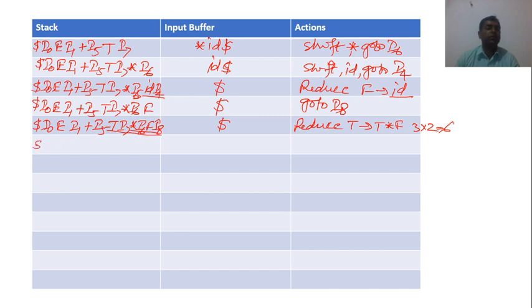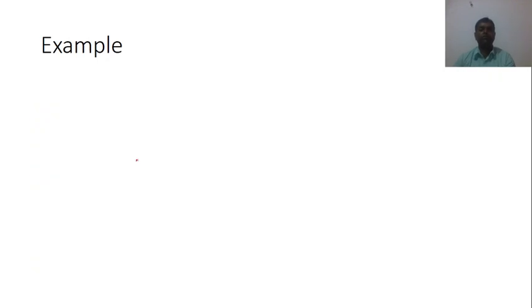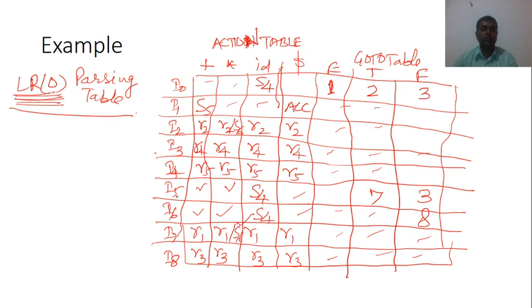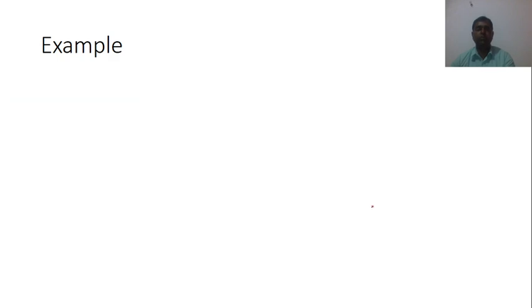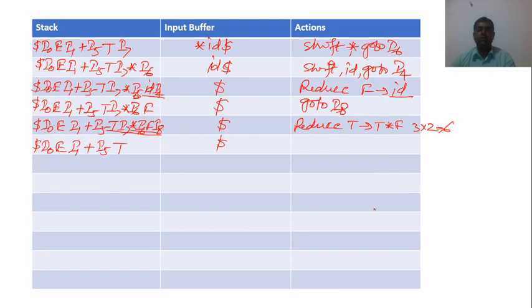So it will be $ I0 E I1 + I5 T. I5 row and T column, that is 7, so go to I7.